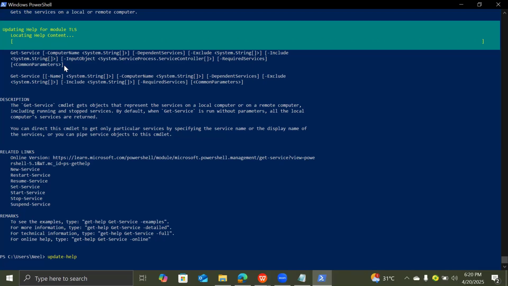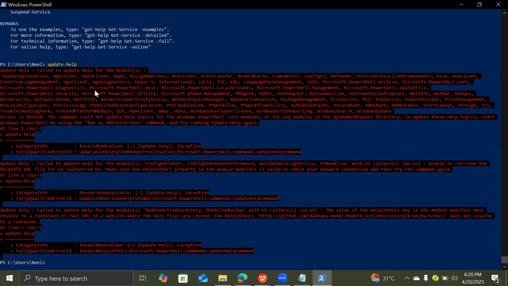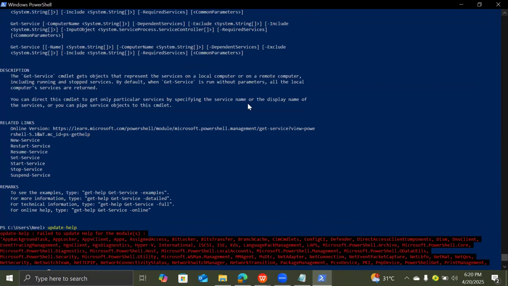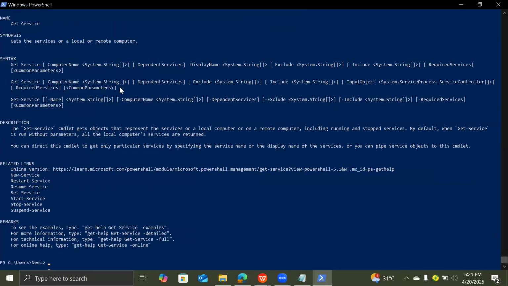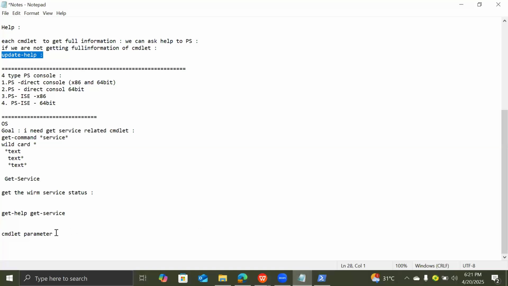So if you are typing in your PowerShell on your system, please check get-help and get-service. If it is not giving the full information, this error you can ignore, it is a known issue. Ultimately, I have already updated and I'm getting this full information. So if you're not getting the full information, you have to type update-help. Once you run this update-help, your commandlet should give the full information, which now always remember, every commandlet would give that default parameter. So now that default parameter, get-service